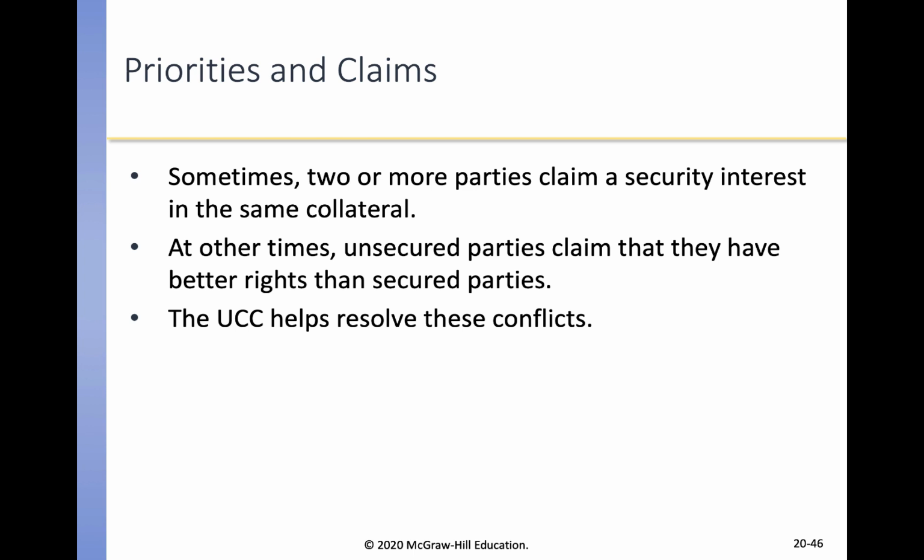Conflicting security interests rank according to priority in time of filing or perfection. So it's a race to the courthouse. Whoever is the first to perfect by filing wins. And then finally, if two or more parties have unperfected security interest in the same collateral, the first to attach prevails over the other parties. But if two or more parties have unperfected security interest, one could go file and perfect and then always win. So that's why that is important.